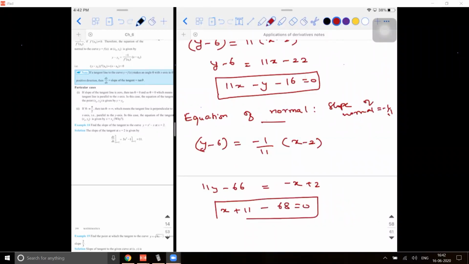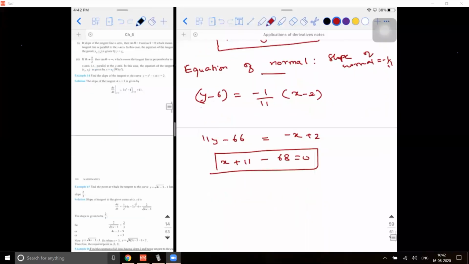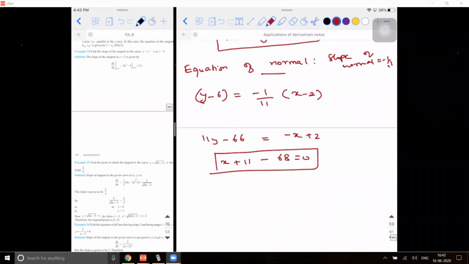This is what you're supposed to do throughout the exercise. This is what they're going to ask you, but with different conditions. Okay, so what are the steps to be followed? First, differentiate, substitute the point, and you will get the slope of the tangent. If they have given you the point, apply the formula y minus y1 is equal to m into x minus x1 and then write the equation. Okay, so can we do some more problems? We'll do some more problems.